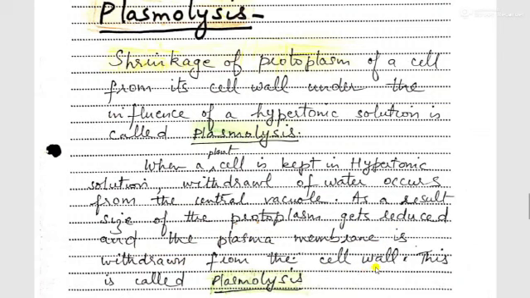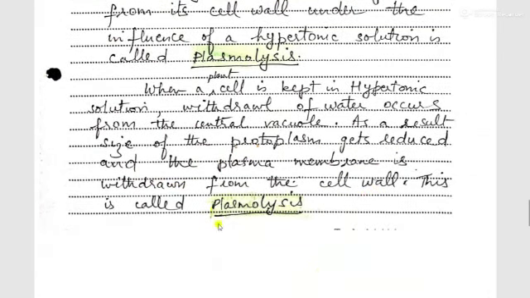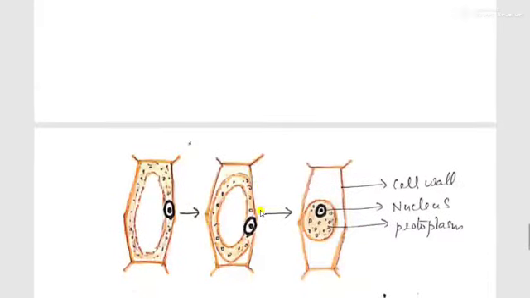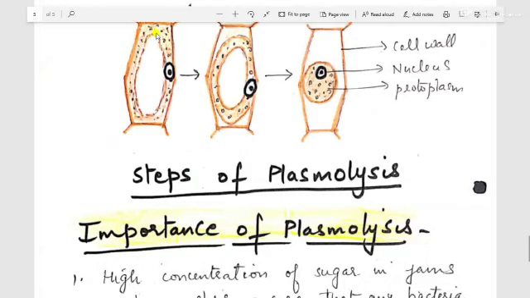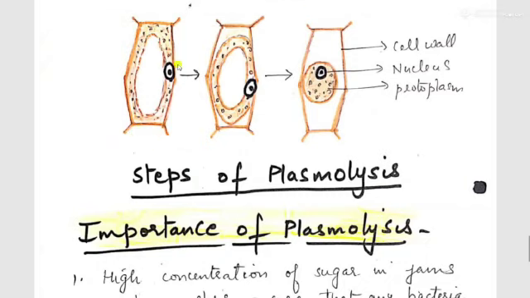This is called plasmolysis. Let us understand with the help of diagram. Here is a diagram of various steps shown in plasmolysis. So in first step we can see the cell is in a turgid position. There is a central vacuole in the central part. Then orange color part shows the protoplasm and black one round structure is the nucleus. So in the second step we see